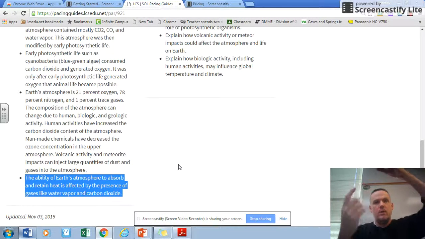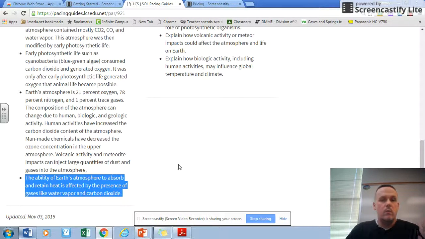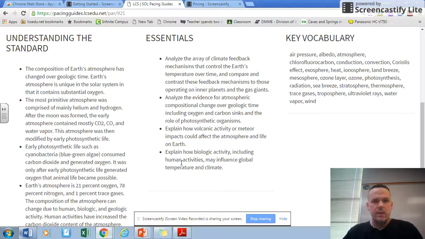And I took that balloon and put a little bit of water in there, and I put it right above a fire, and you guys saw how the water in the balloon was absorbing the heat from the flame. Water vapor can do the same. Water vapor can absorb a lot of heat. So yeah, carbon dioxide, water vapor can absorb a lot of heat. We want to keep our water locked up in glaciers. We don't want that to melt because then you have more water vapor in the air, and that's just going to expound upon the global warming phenomenon. So we want to keep glaciers where they are. We don't want them going away.